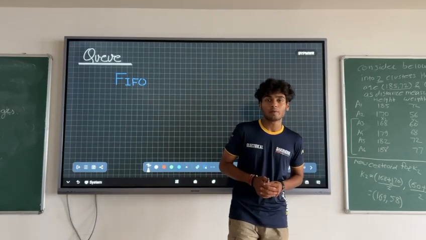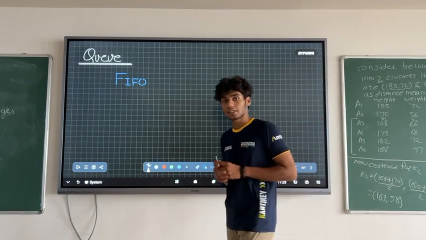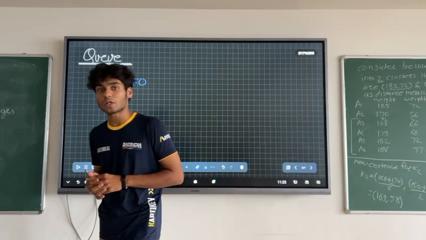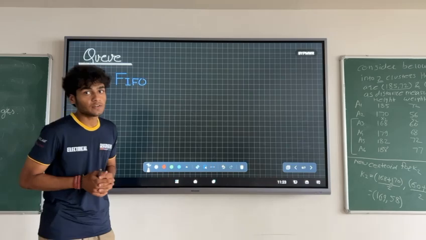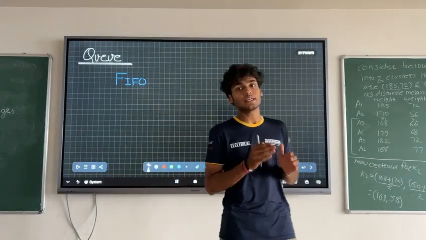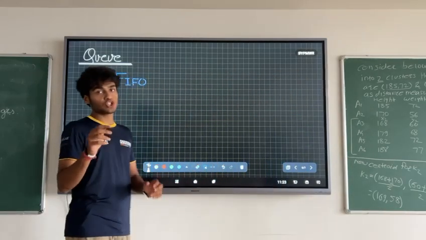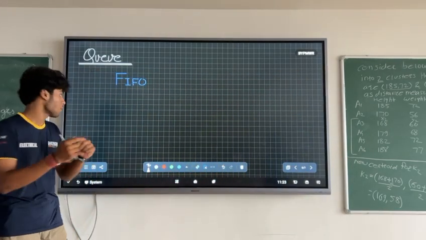In today's lecture, we will be learning about queue. Queue is a non-primitive linear data structure that works on the first in first out algorithm, which means that the first element that we insert in a queue will be the first element that is exiting the queue. So let's take an example of a shop and a queue in that shop.